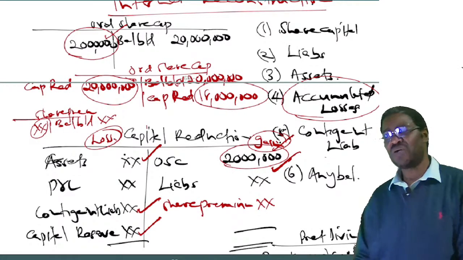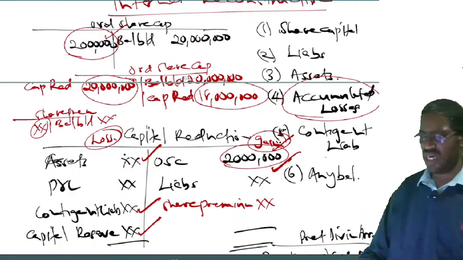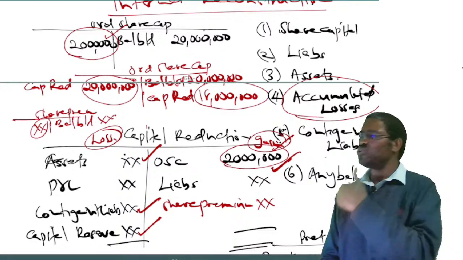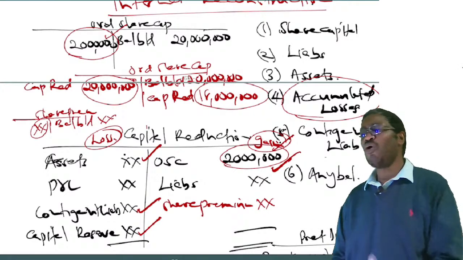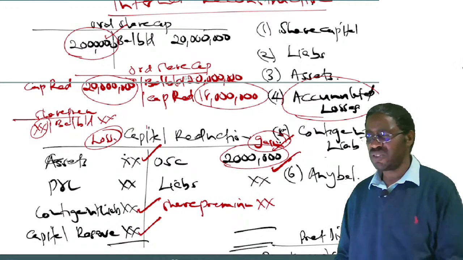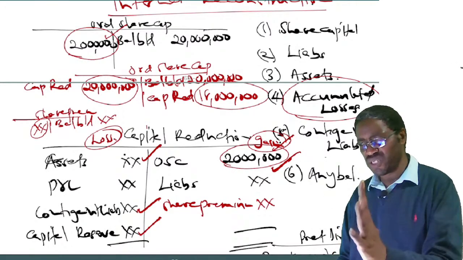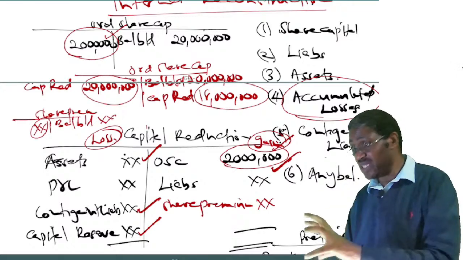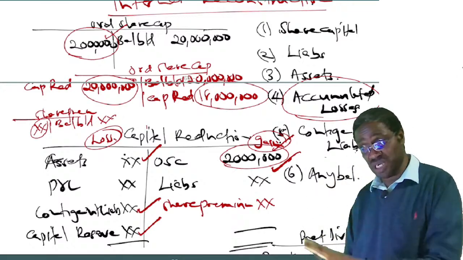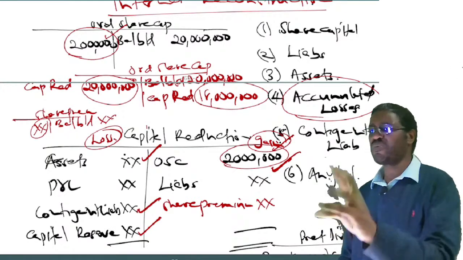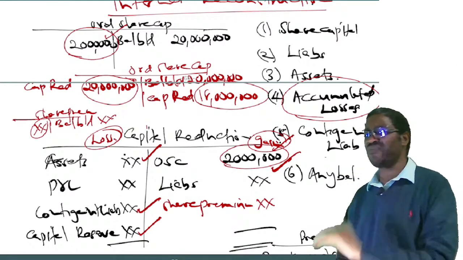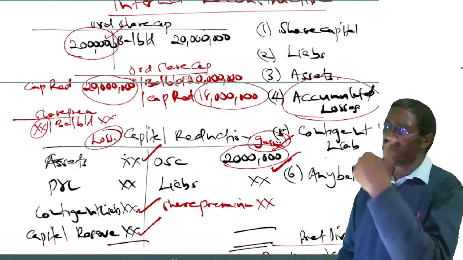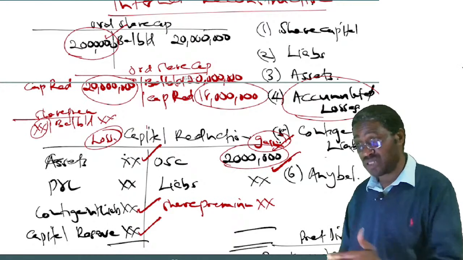Good. Now, share premium is one form of a reserve. It could be any other reserve. Maybe the question tells you general reserves to be written off, or maybe revaluation reserve to be written off, or whichever other form of reserves. Whether it's share premium, or general reserve, or a revaluation reserve in the question, if it's to be written off, as a company you are gaining.